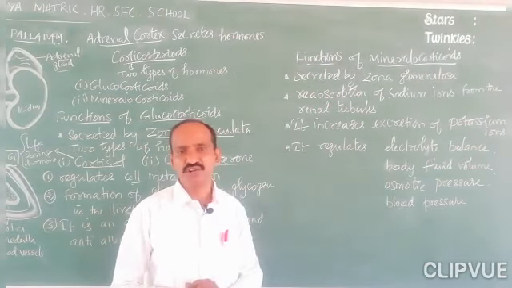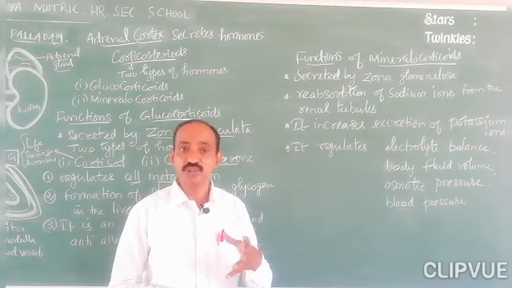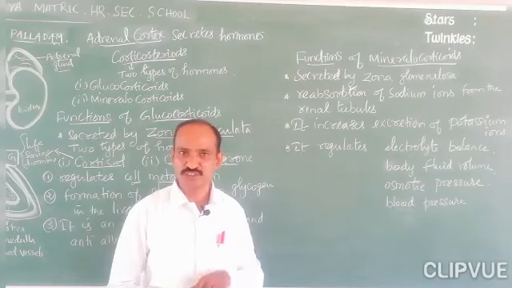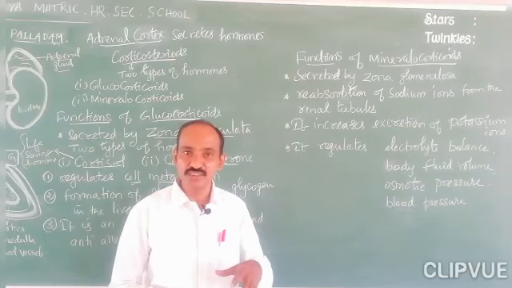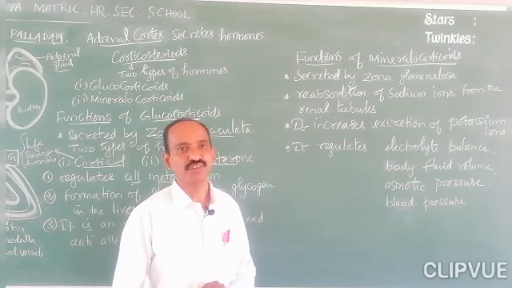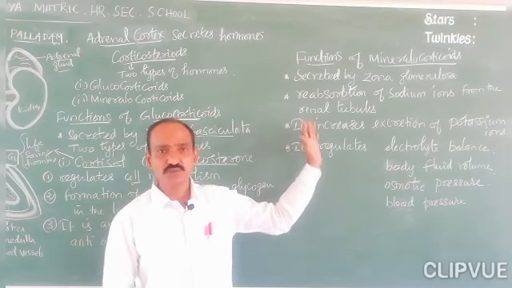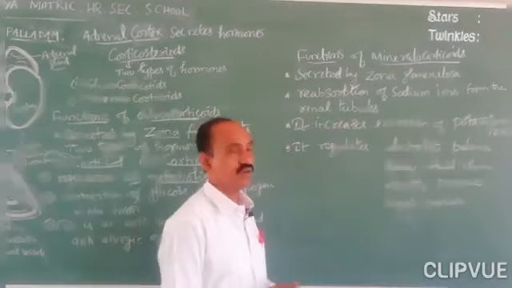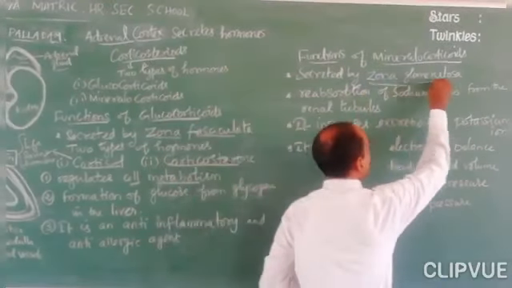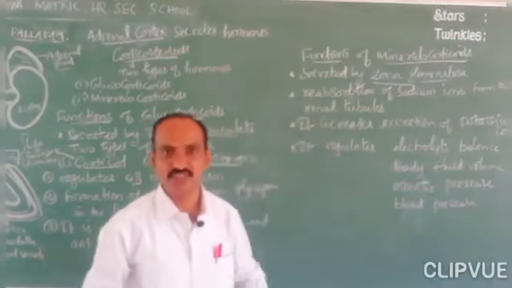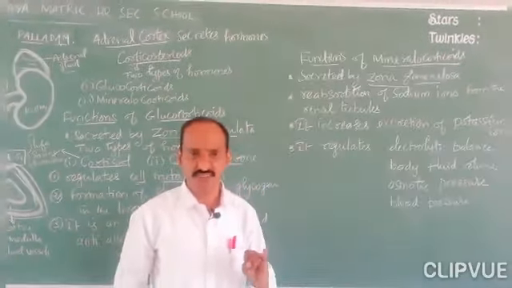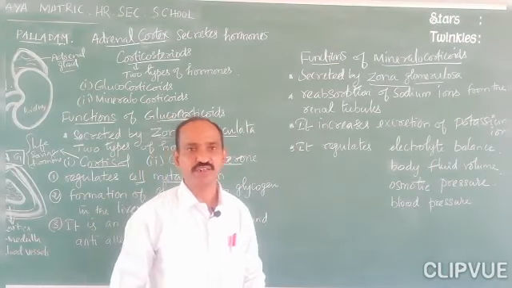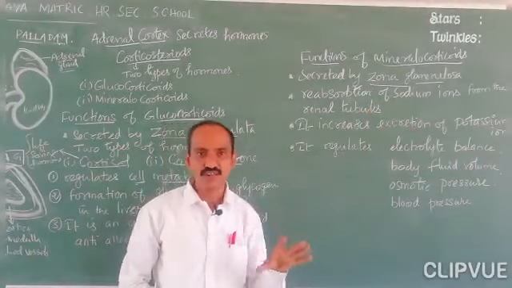Mineralocorticoids means hormones which control the minerals, the name itself tells it. These corticoid hormones regulate the minerals in our body. They are secreted from the zona glomerulosa region. Already we have seen that the adrenal cortex contains three regions: zona glomerulosa, zona fasciculata, then zona reticularis. The zona glomerulosa secretes